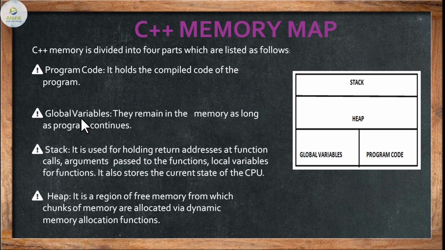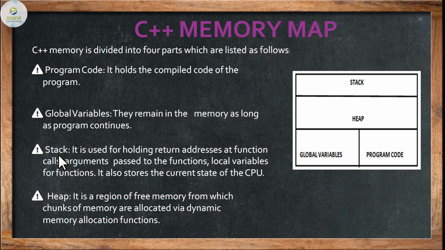Now when we were discussing the structure of C++ in the first year, we had global variables and local variables. I hope you remember, local variables are the variables that are declared in a function and their lifespan is limited. Whereas global variables remain throughout the program, as you have written in the 1 mark questions. Global variables remain in the memory as long as the program continues. So this area is available for the global variables so that the variables are accessible anywhere and everywhere in the program.